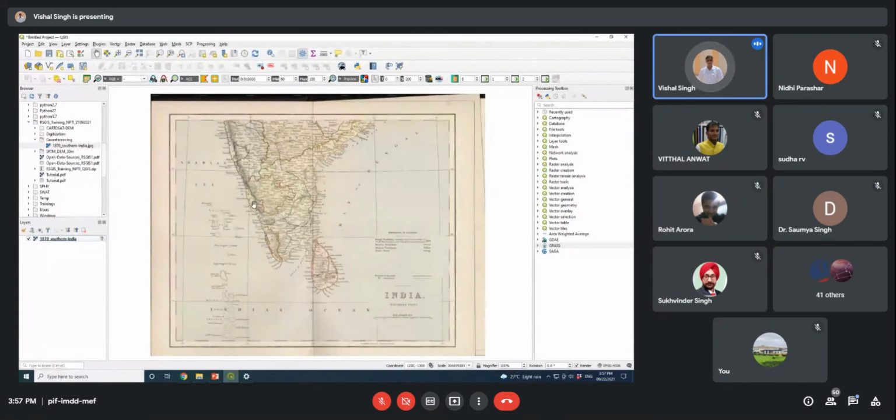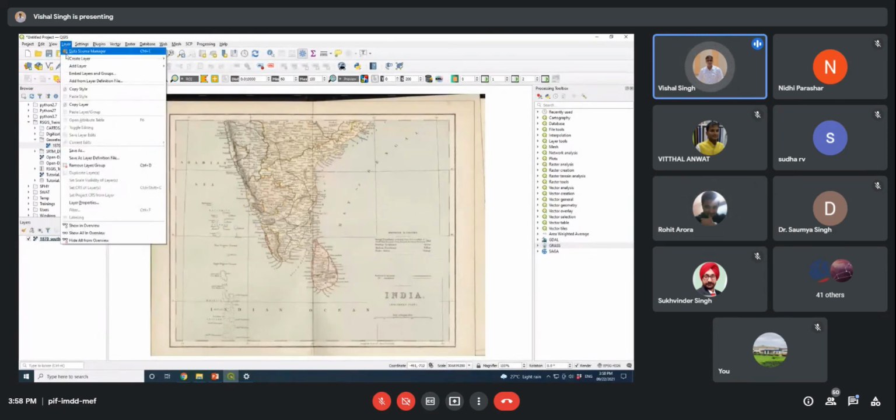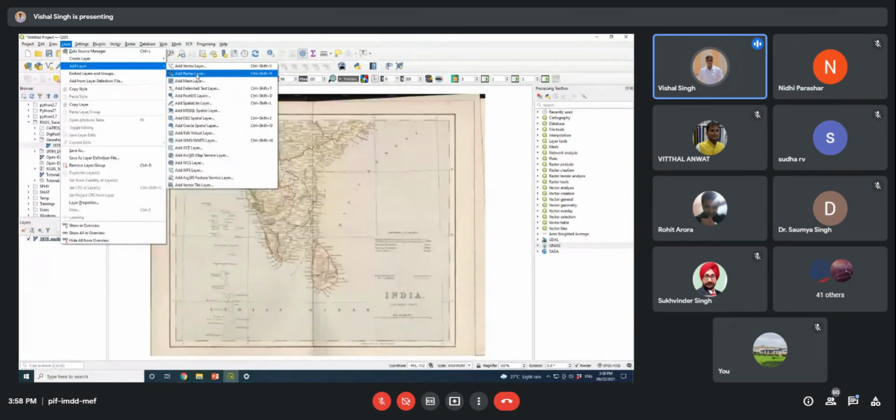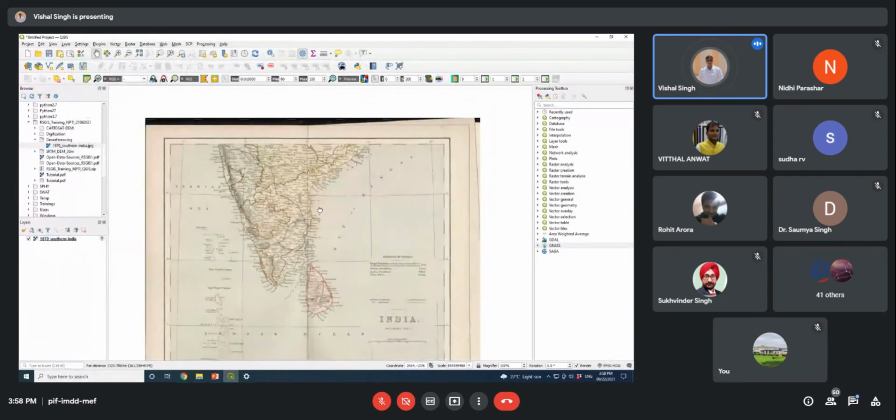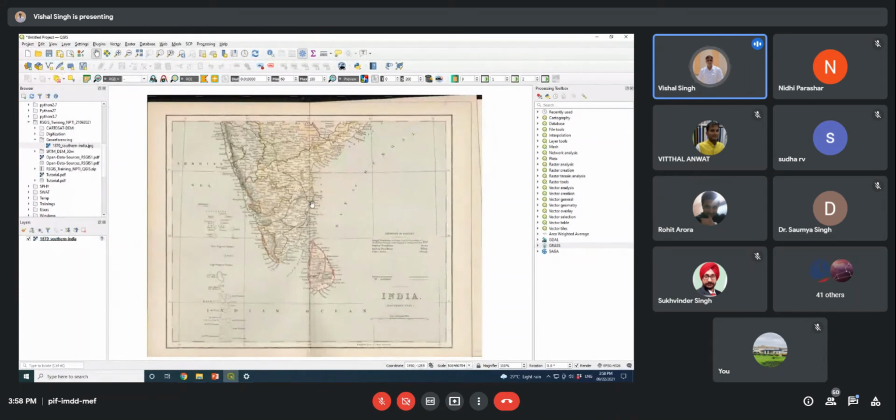So you will be confused about which file to select, because that information will not be displayed here. For that purpose, always go here and browse the files from here, then you will get to know which is the correct one, and after that you can select the appropriate data you want to add. Otherwise, in a smart way, you can use it if you are sure this is the correct one, just to avoid human error. All right.